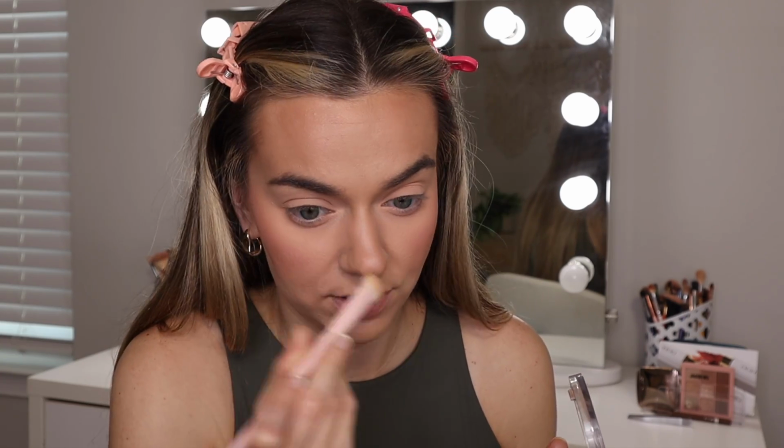Because I like to contour my nose with a matte bronzer. I've been contouring my nose with a luminous bronzer and it's just giving way too much shine on my nose. And then I go under my lip as well with a matte one. All right, so